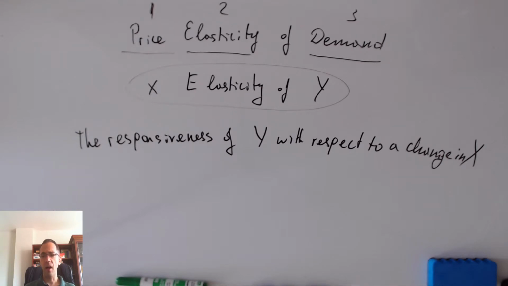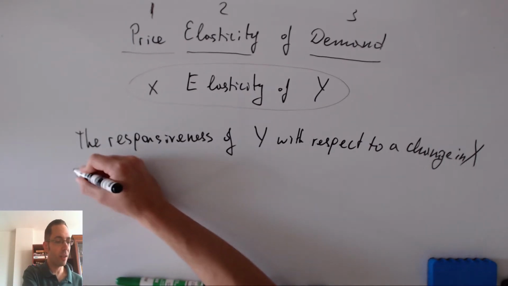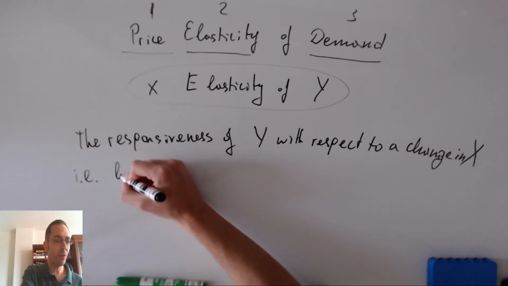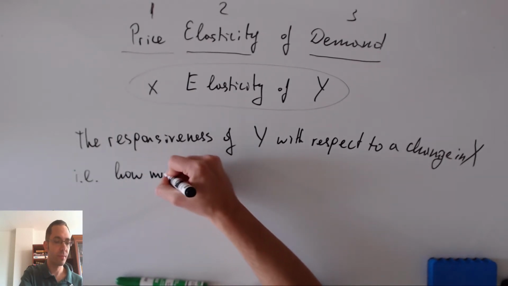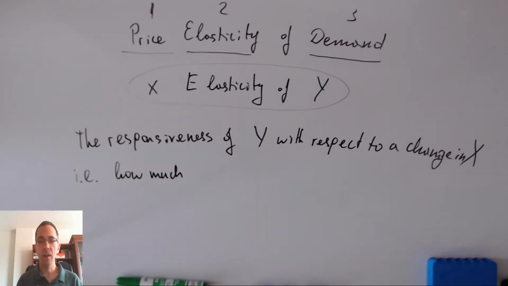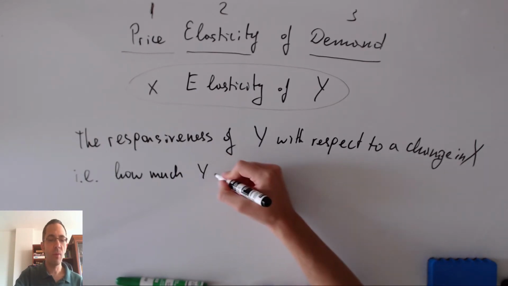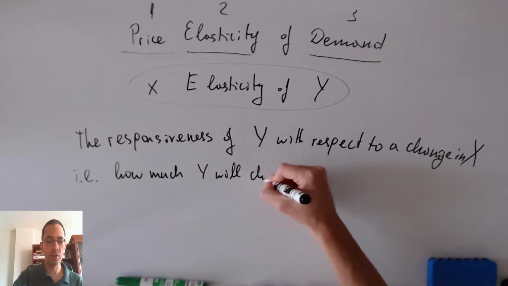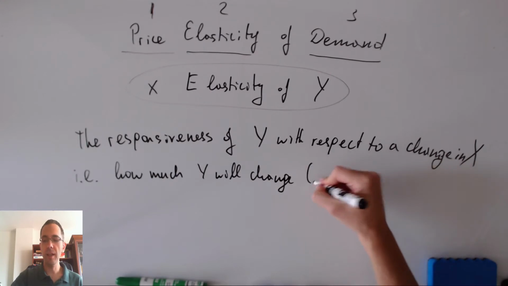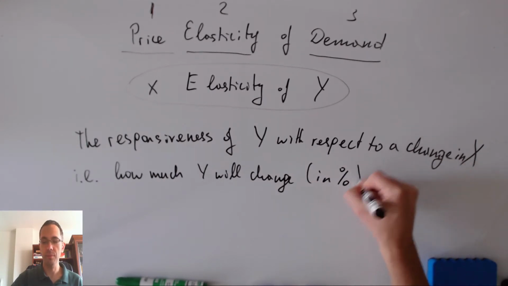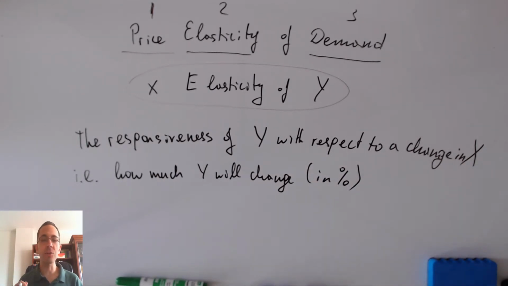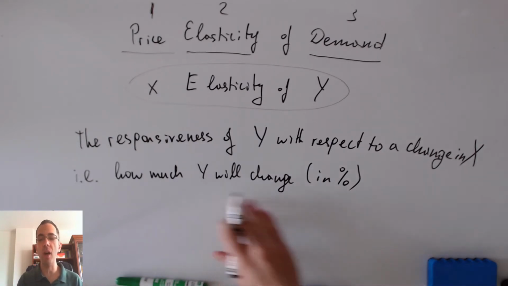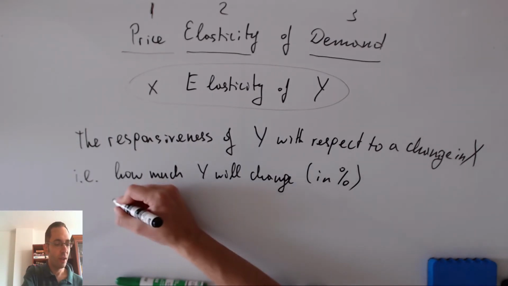So, okay, what does this mean? Effectively, what this tells us is how much, i.e., how much y will change, and then I'll put in percentage. This is important. We are actually interested in percentage. How much y will change in percentage given